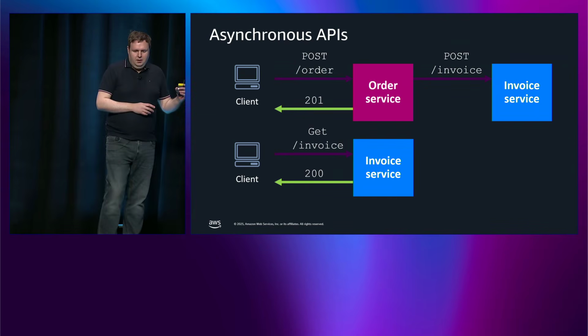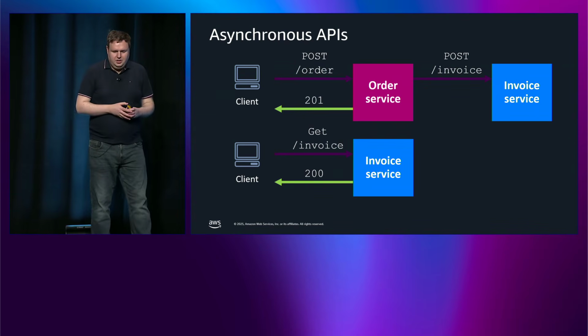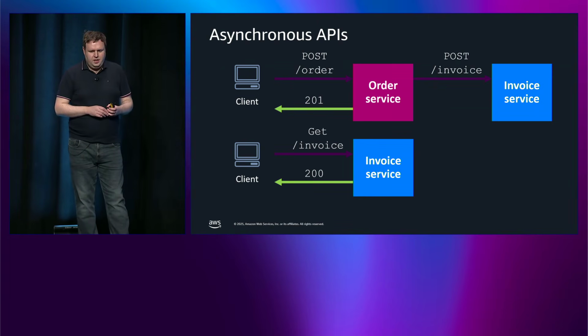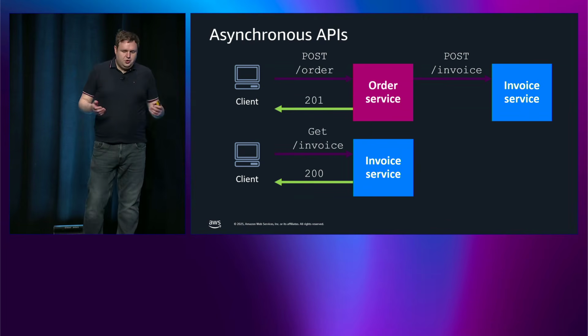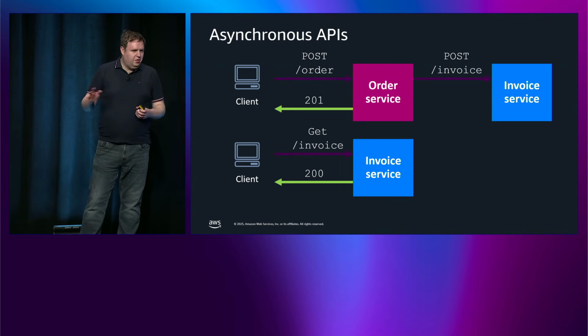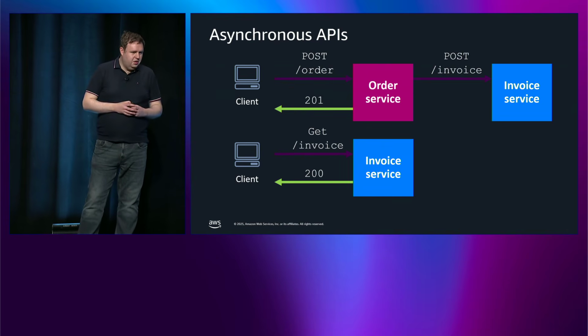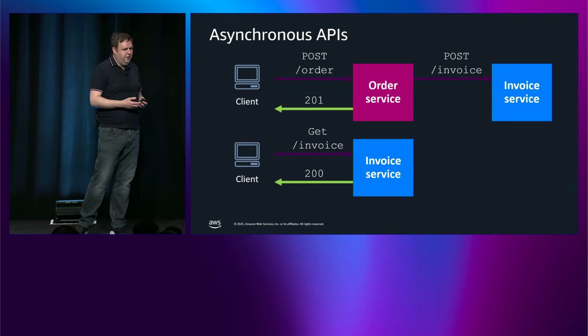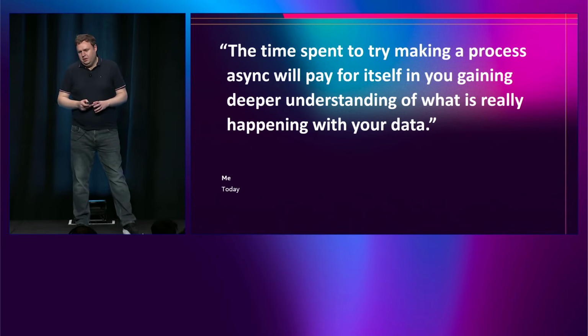So let's look at a bit of a more relevant example. We've got an e-commerce application. So you've got your orders API, and your client will go and post to that, and separately it'll go to an invoice generation service. But if there's anything that doesn't quite work with the invoice service, they can still make the order. You're still able to take the money, still able to generate revenue and operate your business.